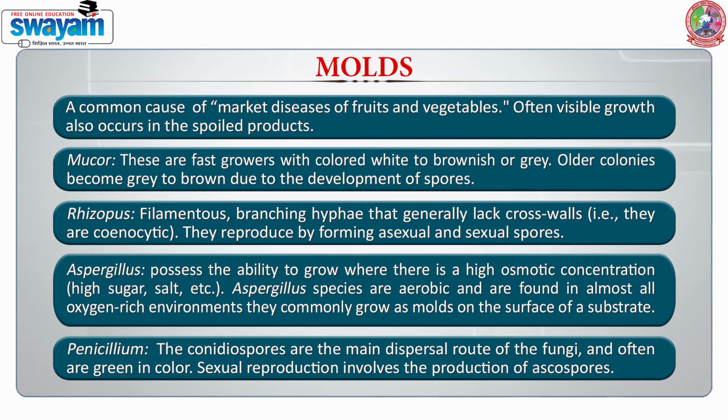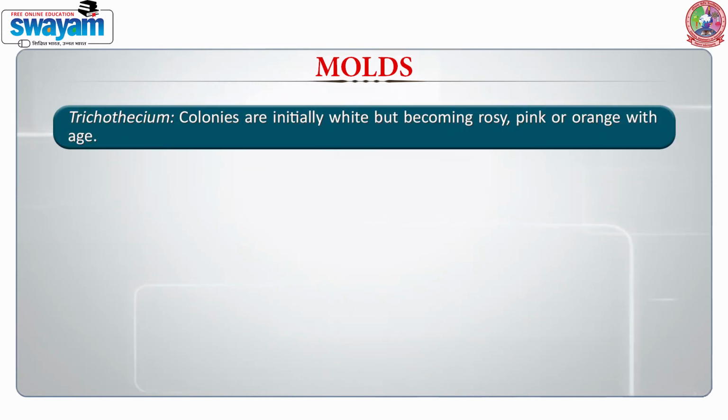Penicillium is another commonly found spoilage organism. The identifying feature of Penicillium is that the conidiospores are the main dispersal route of the fungi and these are green in color. Sexual reproduction involves the production of ascospores. Trichothecium is another fungus and these colonies are initially white, but with time they become rosy red or pink or